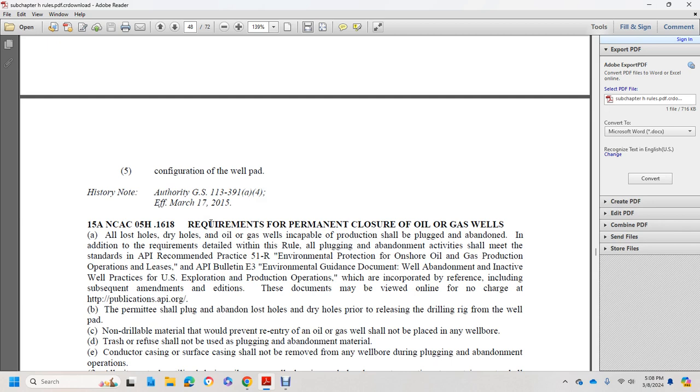API Bulletin E3, Environmental Guidance Document, Well Abandonment and Inactive Well Practices for U.S. Exploration and Production Operations, incorporated by reference, including subsequent amendments and editions. These documents may be viewed online at no charge at publications.api.org. Permittees shall plug and abandon lost holes or dry holes, releasing the drilling rig from the well